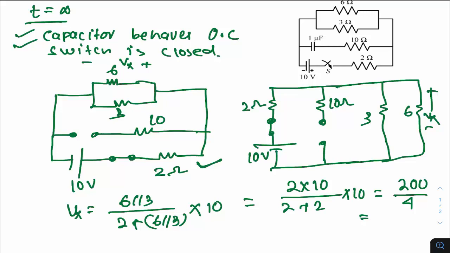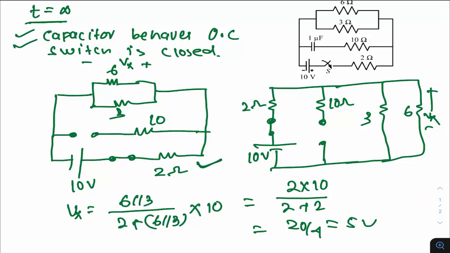2 into... no, it is only one time I have to take. Why am I taking 2 times? Here it is: 6 parallel with 3 is 2, into 10 divided by 2 plus 2. So if it is the case, then this happens to be 20 by 4, and 20 by 4 is 5